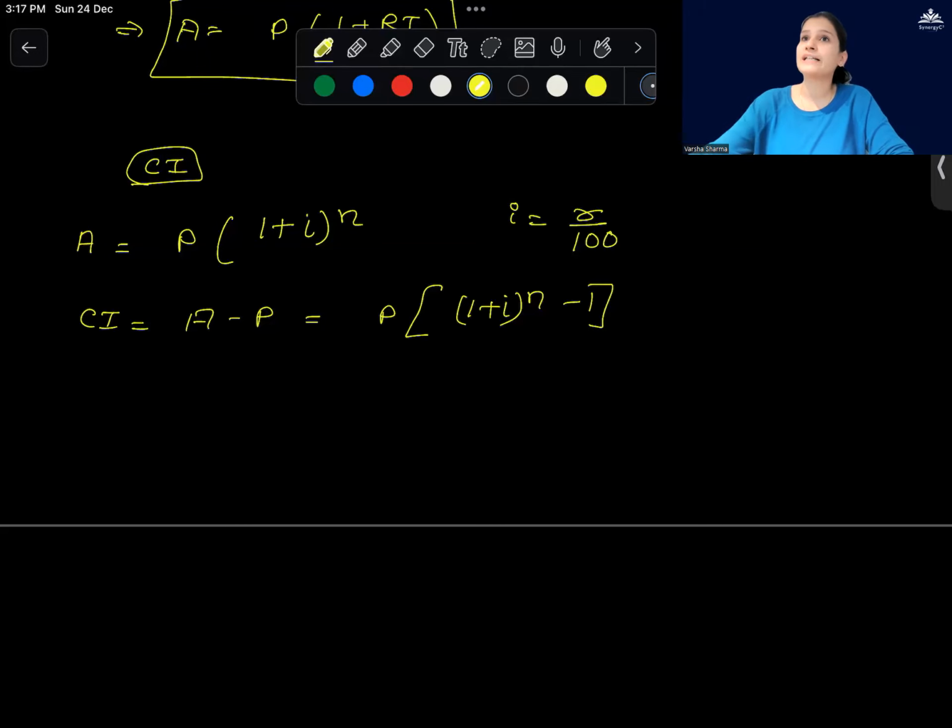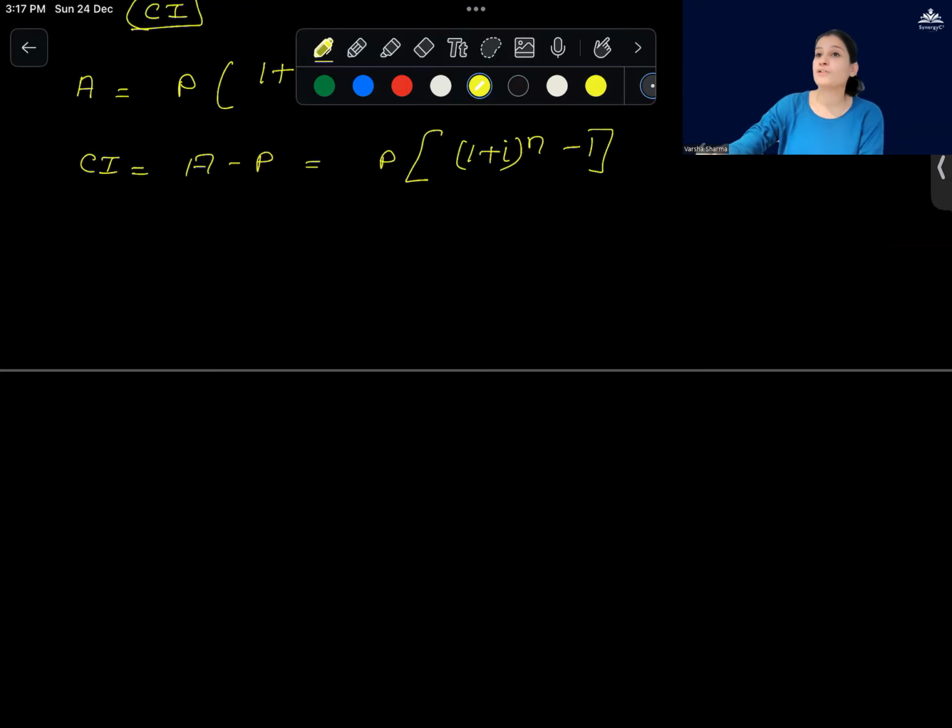For example, I tell you the rate is 10%, the time is 3 years, the compound interest is 332 rupees. What will be the principal? In that case, rather than forming the equation, we'll directly use this formula in order to obtain the principal amount. Clear? So the two formulas derived today: first for SI, amount is P into (1 + RT/100). And then for compound interest, P into (1 + i)^n minus 1. Both the formulas will only be applied in case of any missing figure, not for a normal general question. Clear? Done.